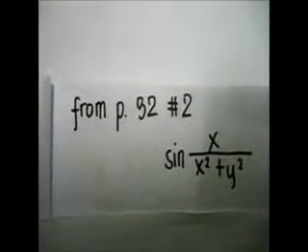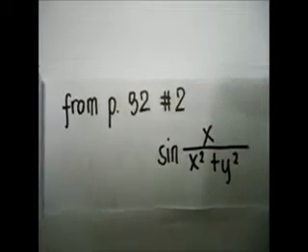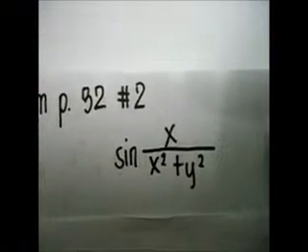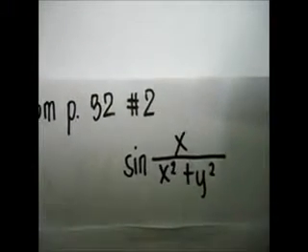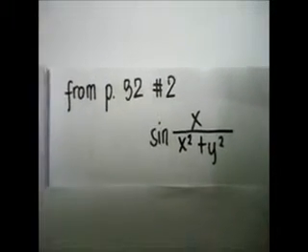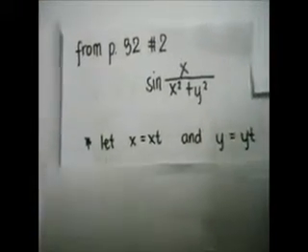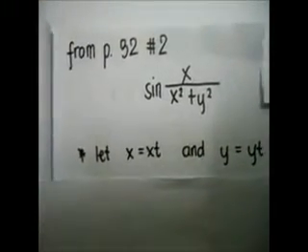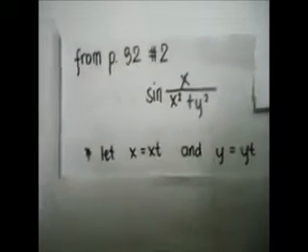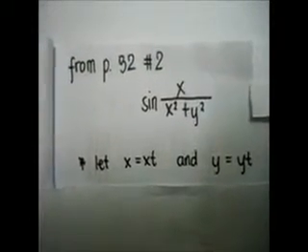So the next problem that we are going to solve is from page 32, number 2. Given this equation, sine x over x squared plus y squared, we are going to test for its homogeneity. So the first thing that we should do is let x be equal to xt and y be equal to yt. So substituting it into our first equation, we have